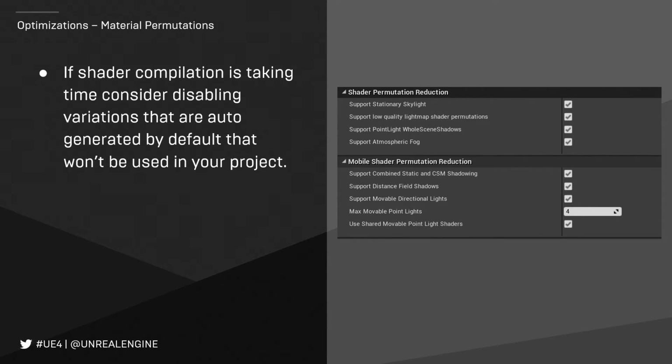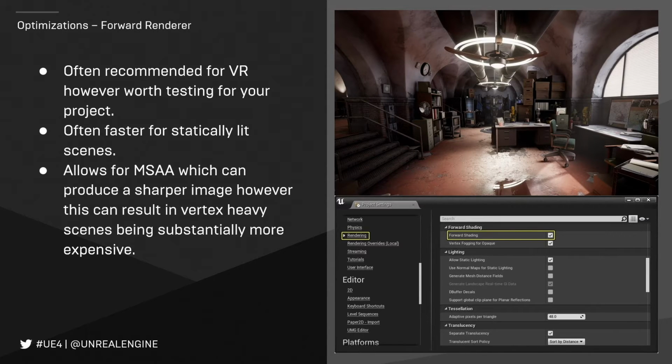Now, the next is the forward renderer. I brought this up in the previous session. The forward renderer is often looked at as something for VR. However, it's worth noting that it is incredibly powerful as a rendering tool, and if you want something that has very, very fine anti-aliasing, this can be a really good option. Depending on how you're handling your pre-visualization work for assets in this situation, it may be appropriate for you, it may not be, but I would recommend at least testing it on projects and getting an understanding of the image difference between enabling it and disabling it.